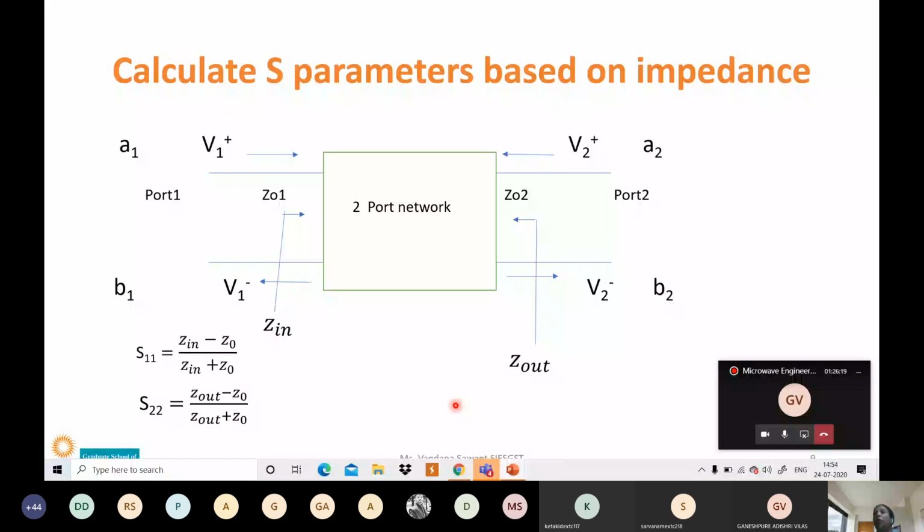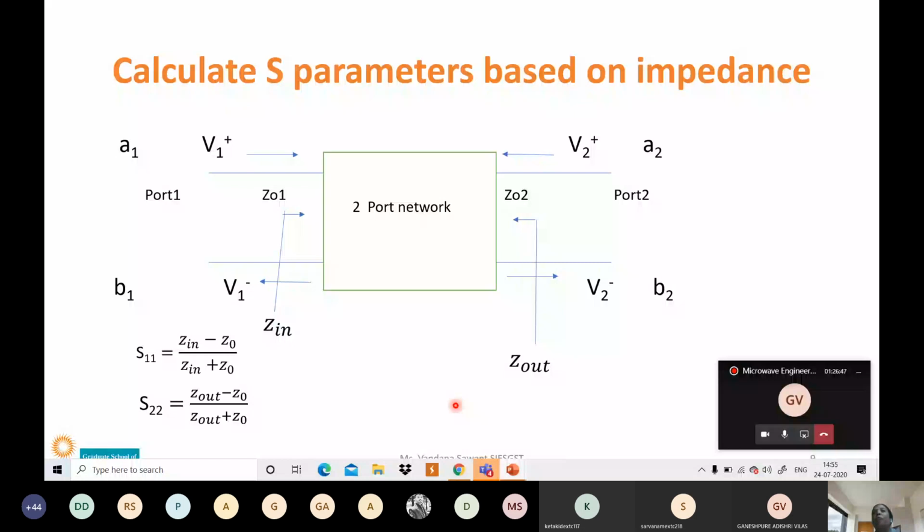And if A values and V values are not given, but the input impedance and the output impedance values are given in the circuit or in the sum, you can use these formulas based upon Zin and Zout. And if no value is given in the circuit, then you have to decide which formula to use depending upon which parameters we can calculate from the circuit.